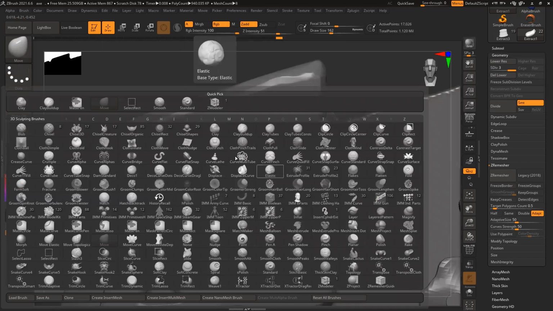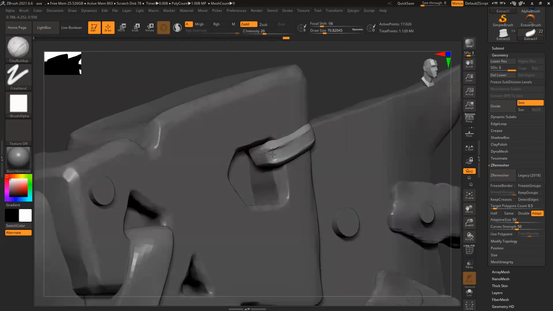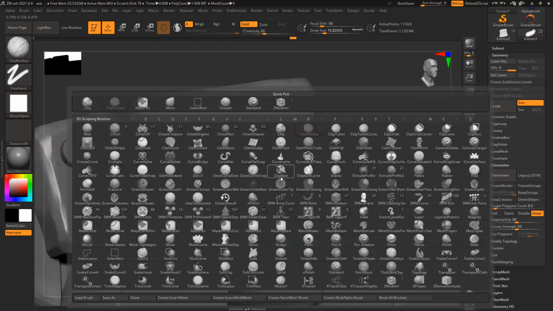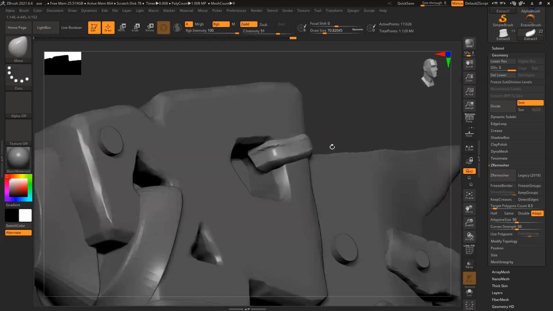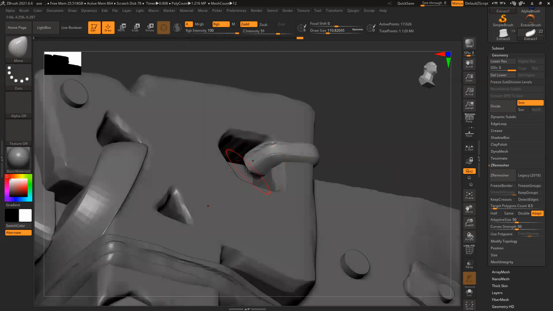BCB, clay builder brush, reduce the brush size. So here I can see it's little smaller. BMV, and pull it inside.